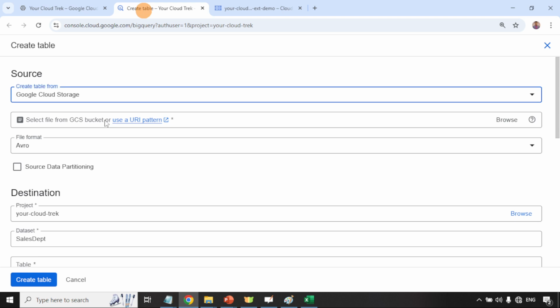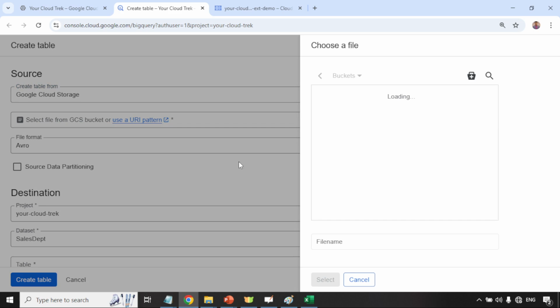So here storage means what? This is my location where my data is stored, and this data is stored where? In Google Cloud Storage, but not in BigQuery. Hence this is an external table. So how can we do this? We need to click on browse. See, first we have to select Google Cloud Storage and click on browse. Here you will see that this is my bucket. I hope you remember, just now we have created it. You can also go from this